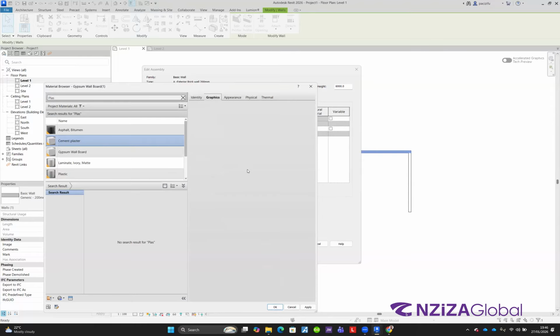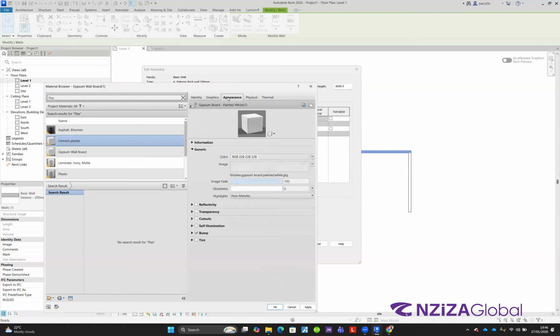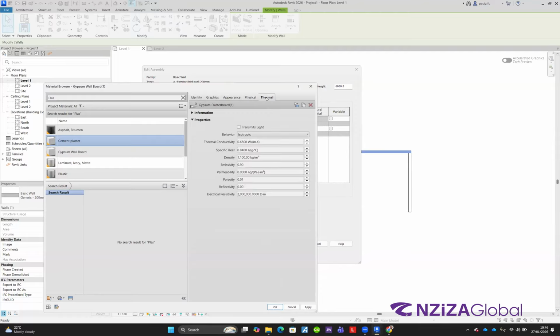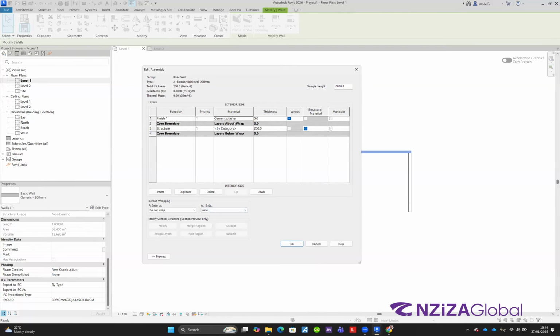We can set the graphics, how it will appear on the floor plans. Why is it not coming? Entity graphic appearance. Physical, thermal, we may have all of this information. Then after setting what we want, we can click